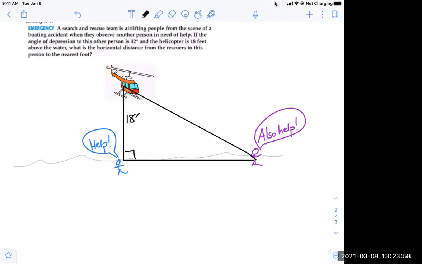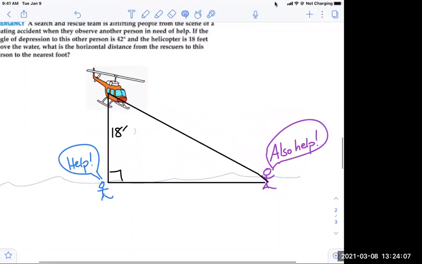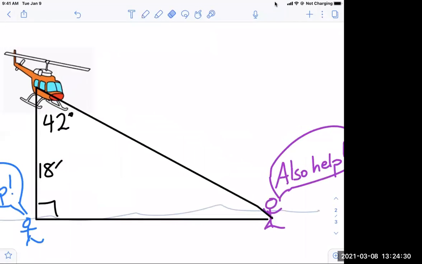Frankie, tell me where to put the 42 degrees. Like right under the helicopter, like on the helicopter. So, I'm going to move this 18 down here. You want me to put it right here? Yeah. Henry, tell him why that's wrong. Oh, wait, I realize now. Okay, Frankie, fix it. So you have to draw a second horizontal line coming